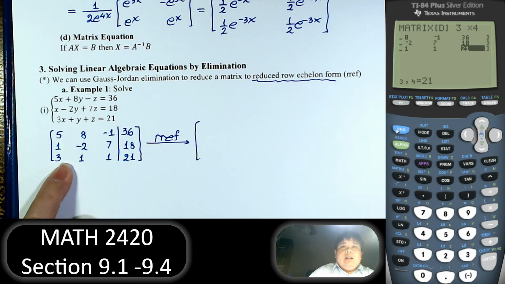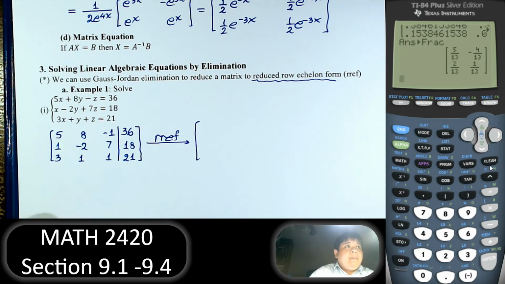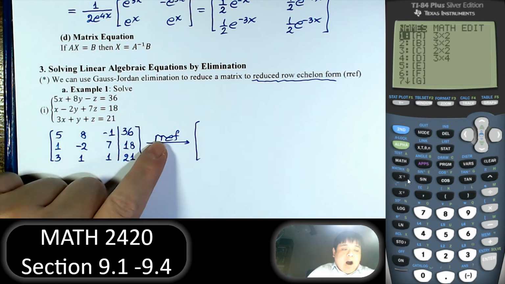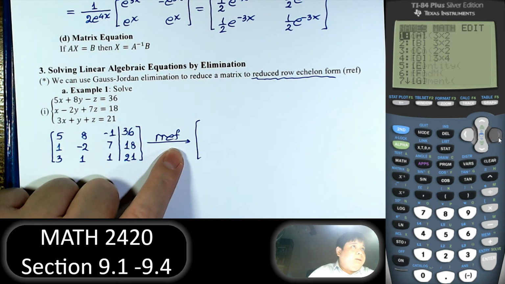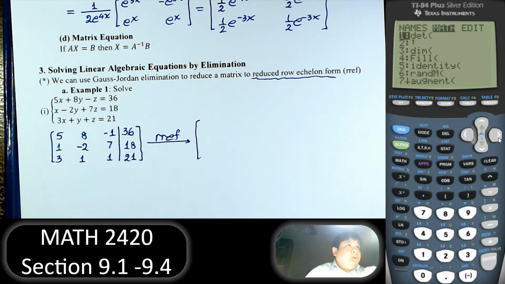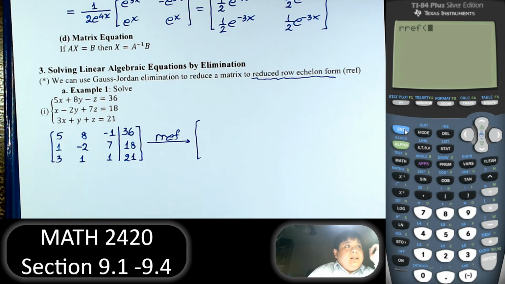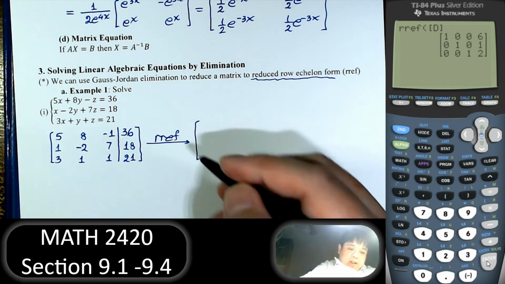Once we're done, second mode to quit. Now we will go to second matrix. To go to the RREF, we go to math and go way down to option B on my calculator, or whatever it is, on the RREF. Right, and we hit second matrix. We apply that to the matrix D,